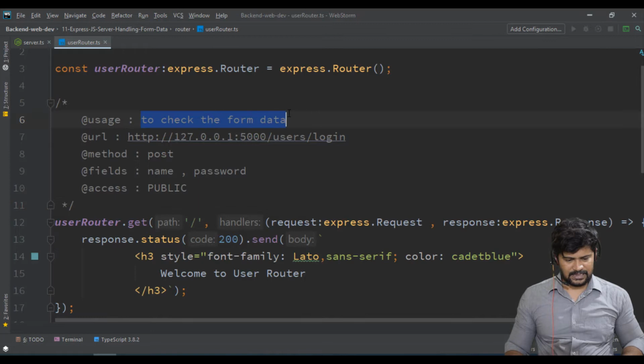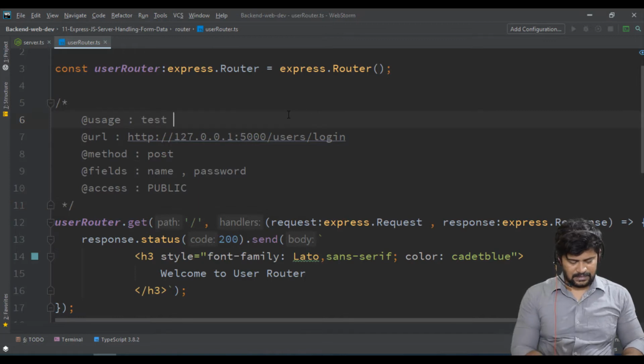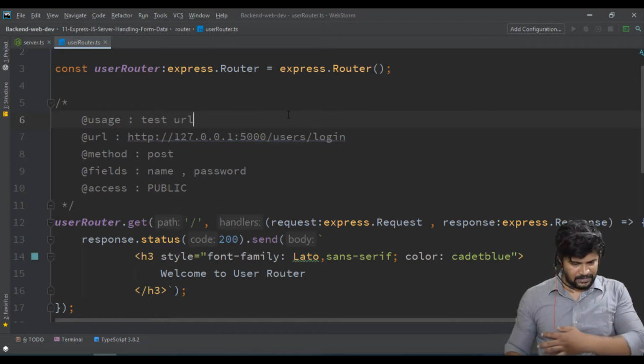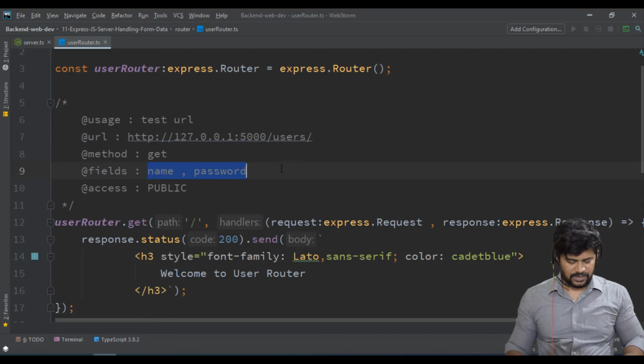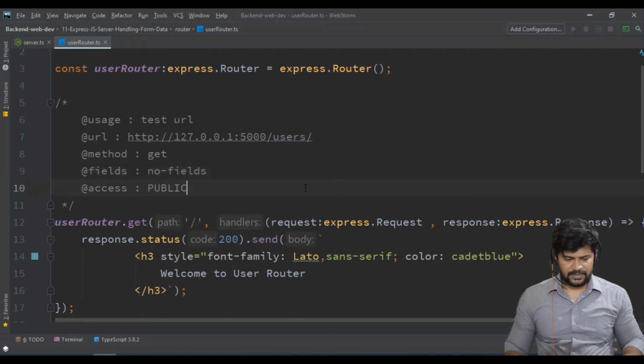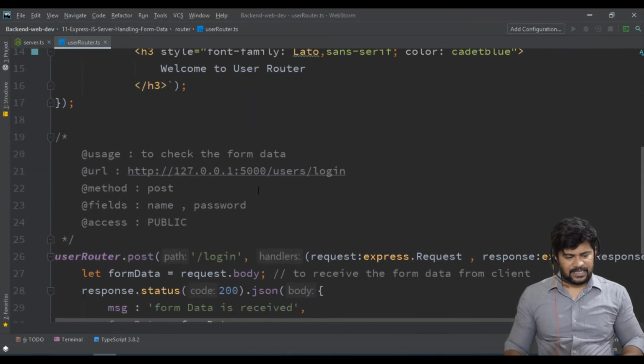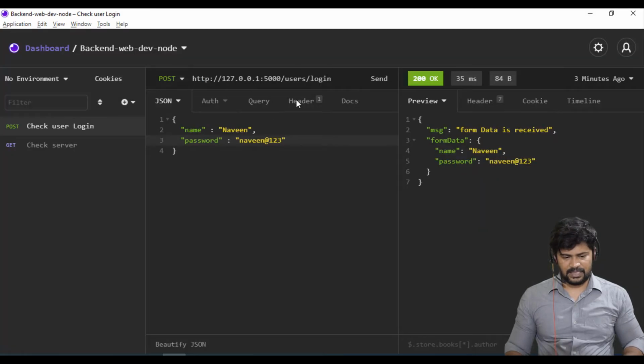It's just a test URL, slash, and it will be a get request, and no fields will be sent to the server. So by seeing this, you can copy it, paste it, test it here, and you got the form data.